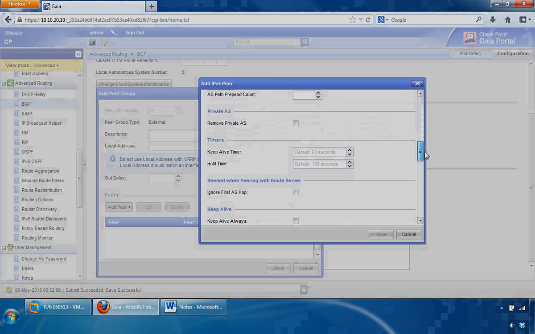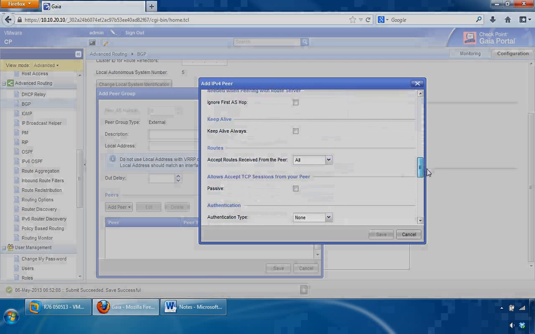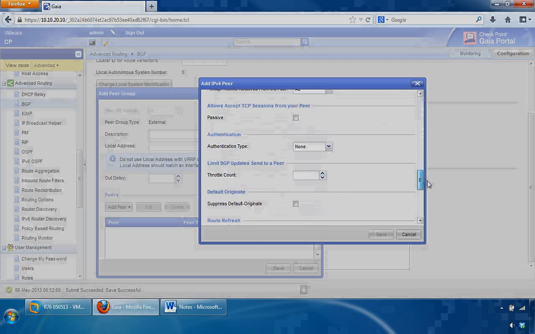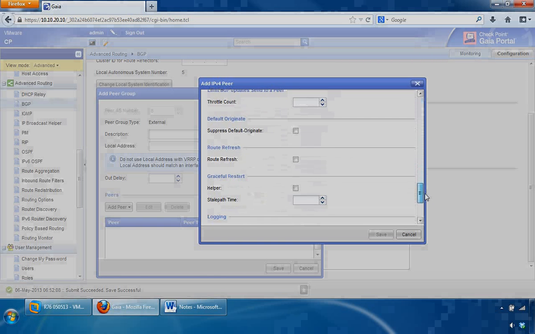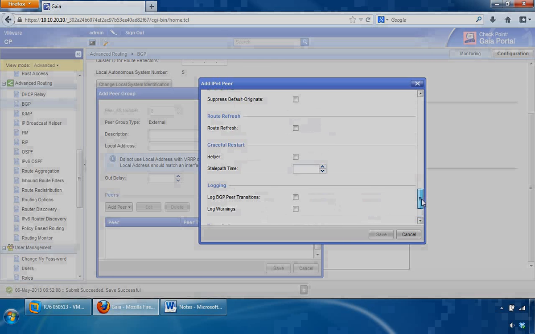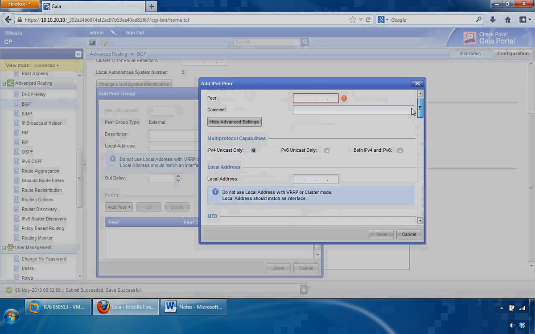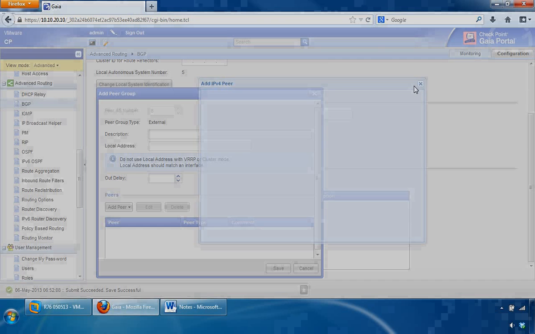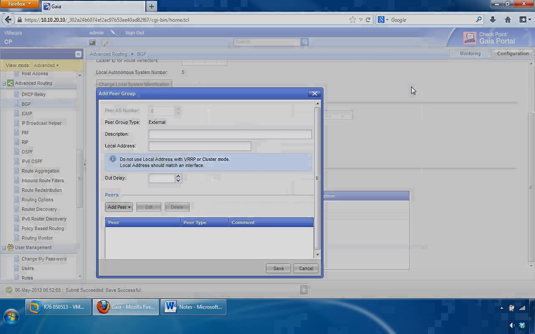So I'll just scroll down so you can see them all. And we'll cross this off, and we'll move on to